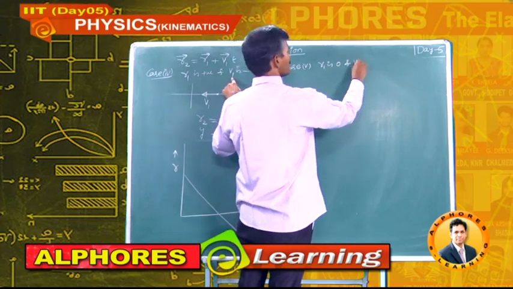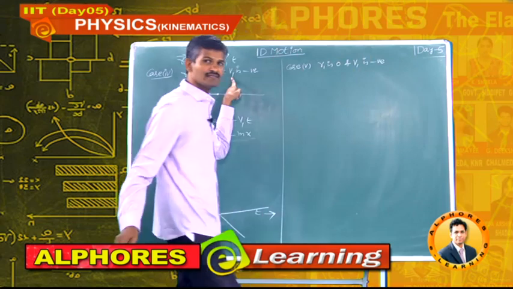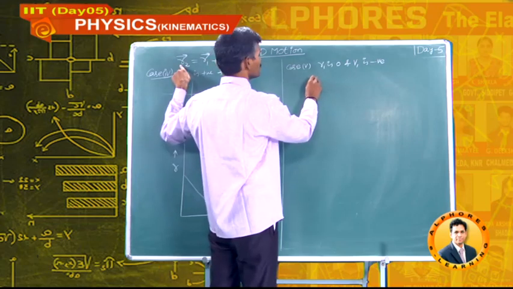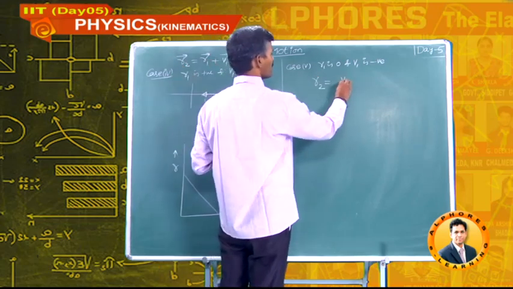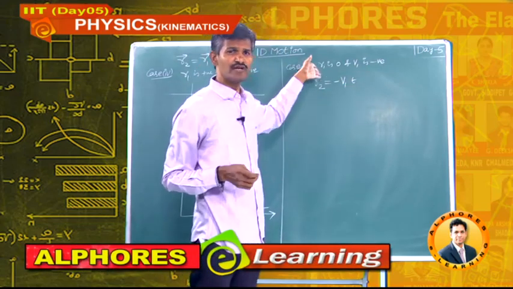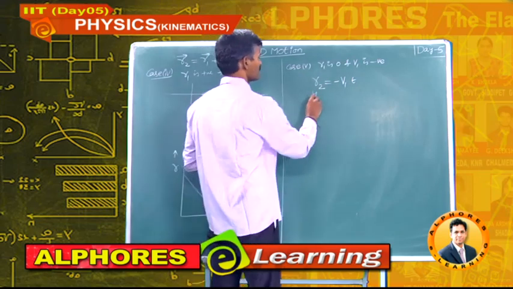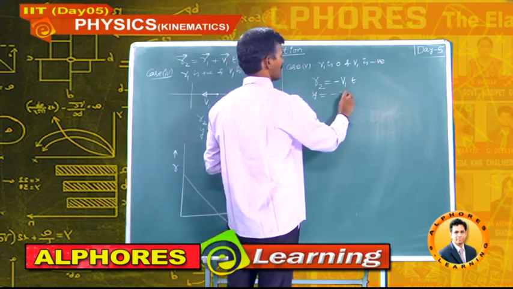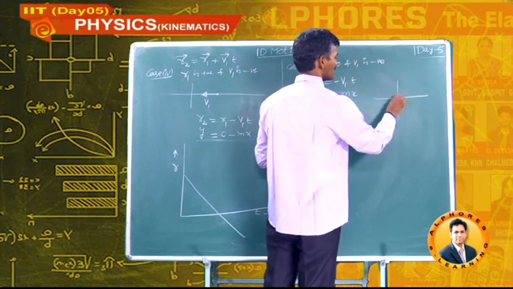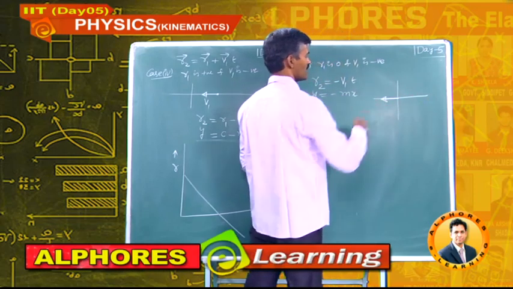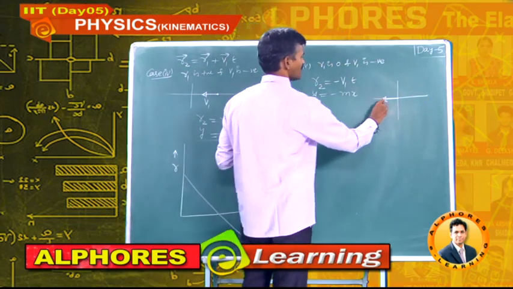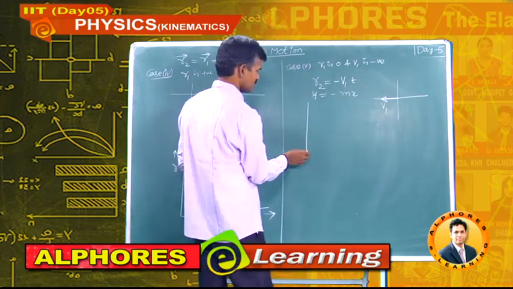Next, if position R1 is 0, in that case, this is case 5, R1 is 0 and V1 is negative. In such case, our position R2 becomes minus V1 into t. If they asked in this way, then you can respond like this. Then it is like y equal to minus mx. For general representation, particle starts at origin, moves along a negative x direction or negative position. This is velocity, some V1. So, in this case, you can draw graph like this.